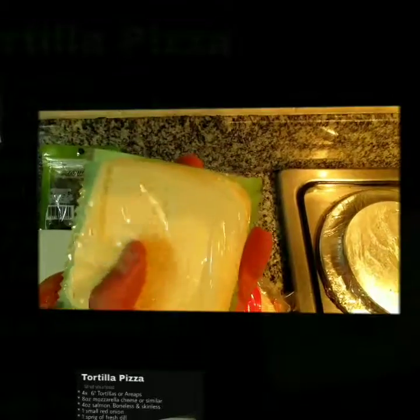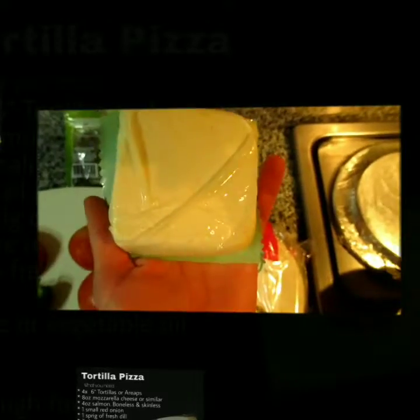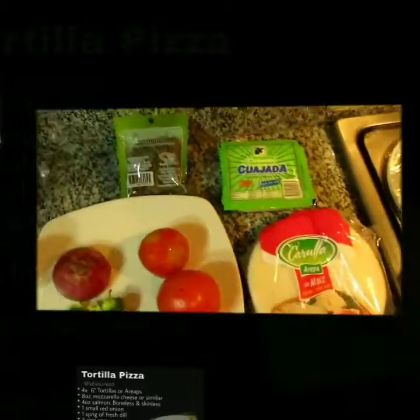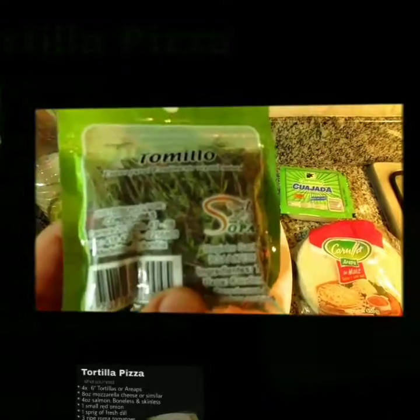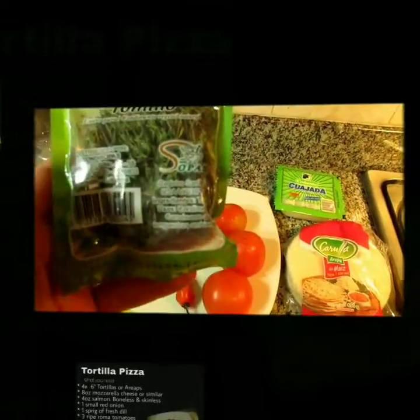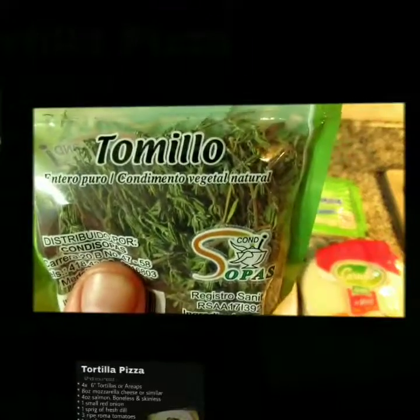This in fact is a brick of, I'm not exactly sure what kind of matzah it is, or what kind of cheese it is, but I've eaten it many times. It's pretty good. So I'll have to improvise a bit there. I was hoping for some fresh herbs for the sauce. The only ones they had were basil and I think tarragon or something. So anyway, we ended up with this sort of fresh dried package, which I guess will do just fine for the sauce. It's thyme, thyme in Spanish,